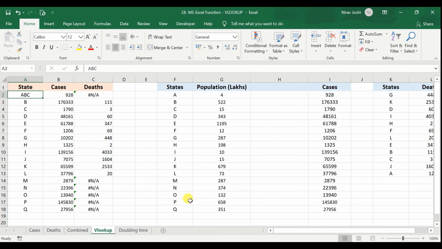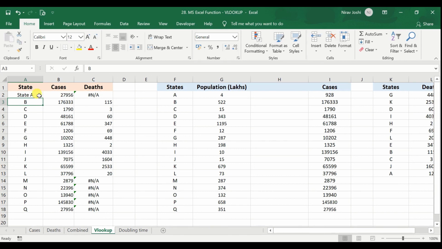Now suppose I type state A rather than this A or ABC and press enter, then this state A would fall in this range here. So it would be higher than this Q in terms of sequencing of alphabet or alphabetical orders. Like we can take example of dictionary.